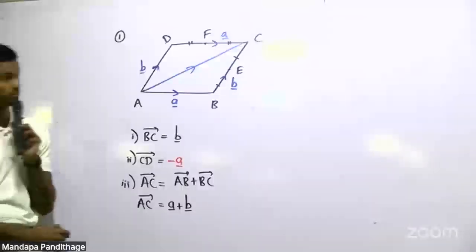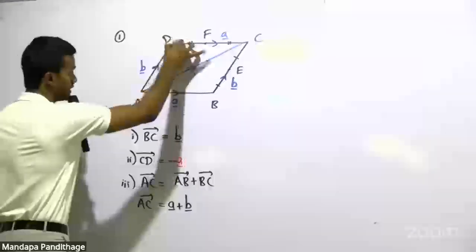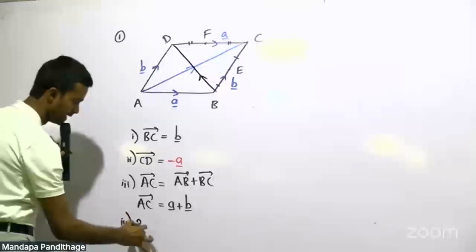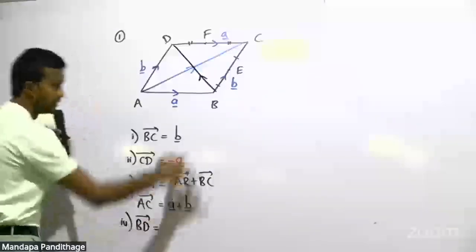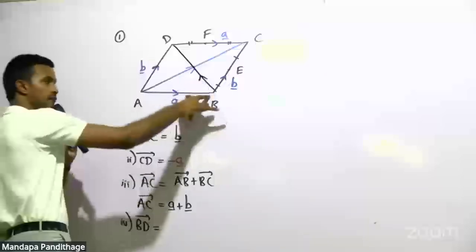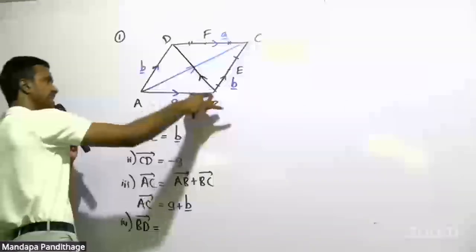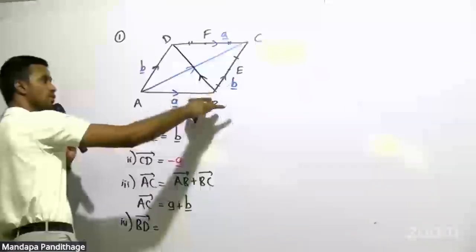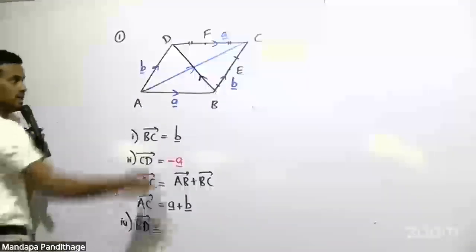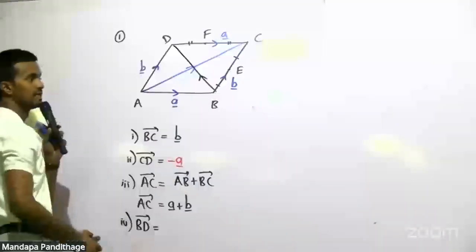So what is question number 4? It's BD. I'll look at this BD. How are we going to take BD? Start from B and go to D. So you can either take BC plus CD or you can take BA plus AD. So that is how you add vectors. If you want to find the addition vector BD,